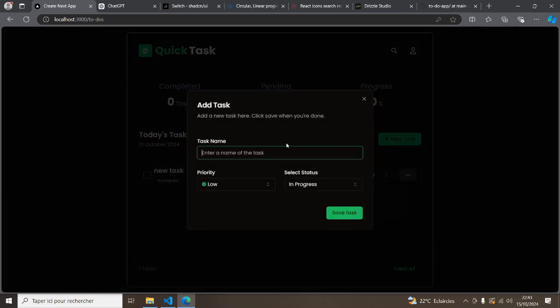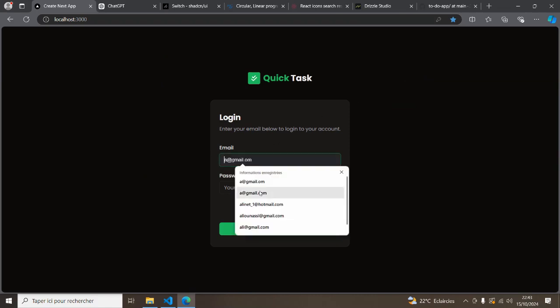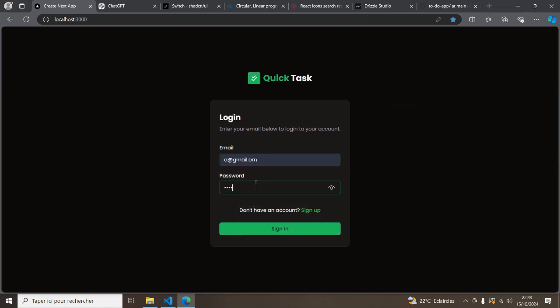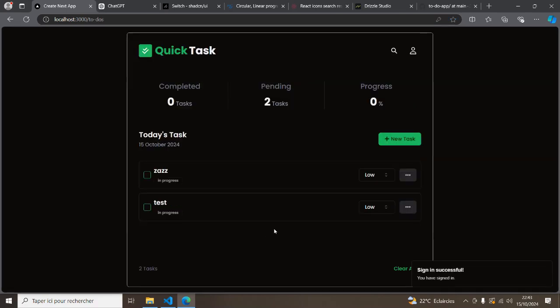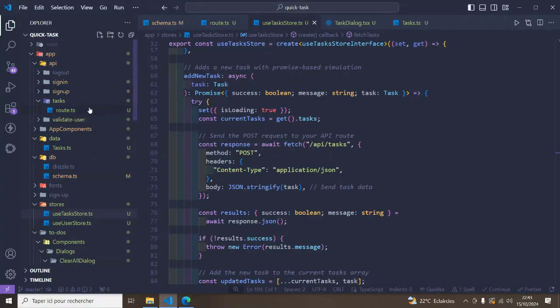So let me add also this task. I hit save, and if I log out from this account, and go to another account, I'm going to find the tasks that are related to this user that has been logged in. So let's go back to the VS Code, and what I'm going to show you here